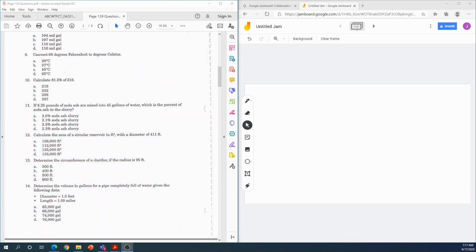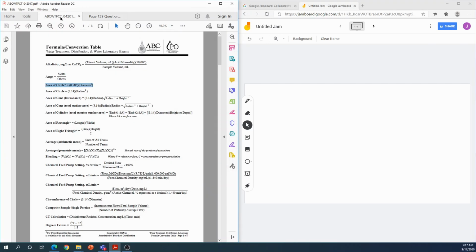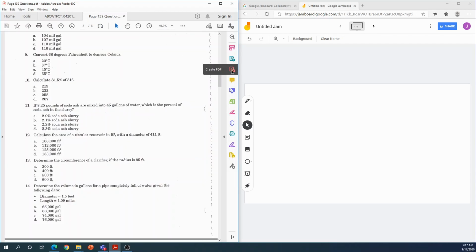Number 13, determine the circumference of a clarifier if the radius is 95 feet. So if we come back to our cheat sheet and we look at the circumference of a circle, it is equal to 3.14 times our diameter. So our circumference is equal to 3.14 times diameter, which is equal to,